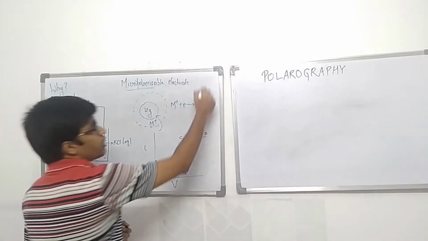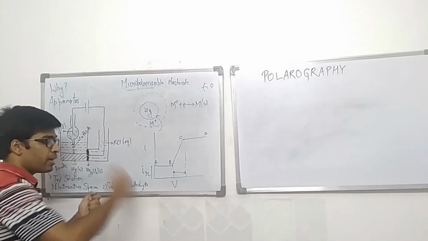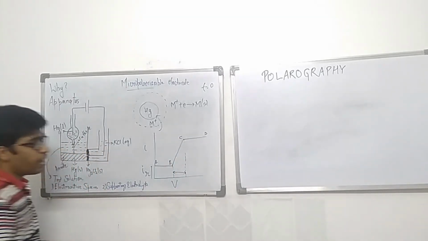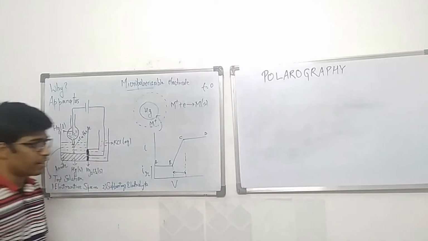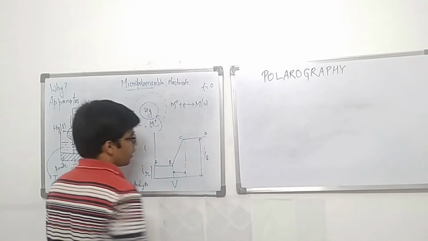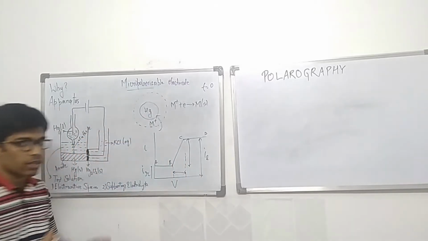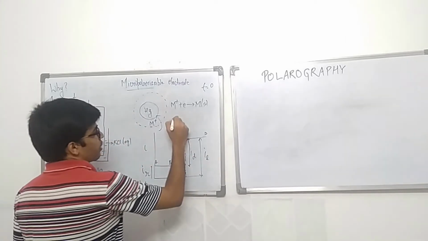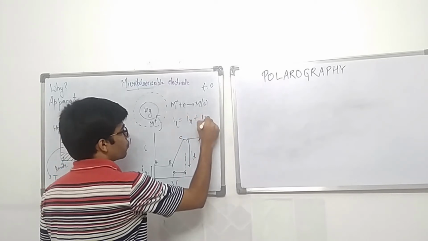The time can go till time equals 0, right? Till 0 time, it can stay on the surface. That means it is coming and instantly it is going. You cannot decrease the time any further. So that is this limit. And again, after this limit, even if you increase the potential, there will be no change in the current. This limit is known as the limiting current. And the current, which was because of the deposition of the ions on the surface, is known as the diffusion current. That means you can say that limiting current is equal to the sum of residual current and diffusion current.